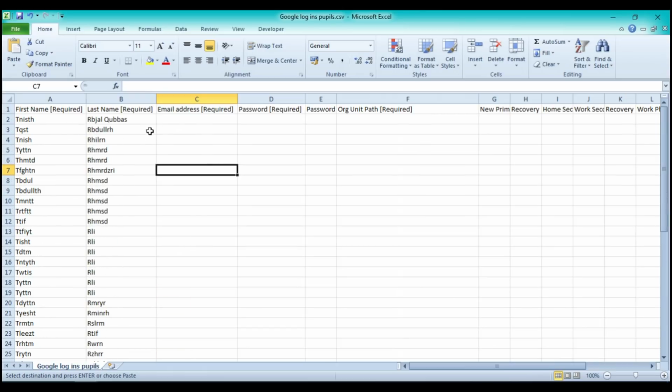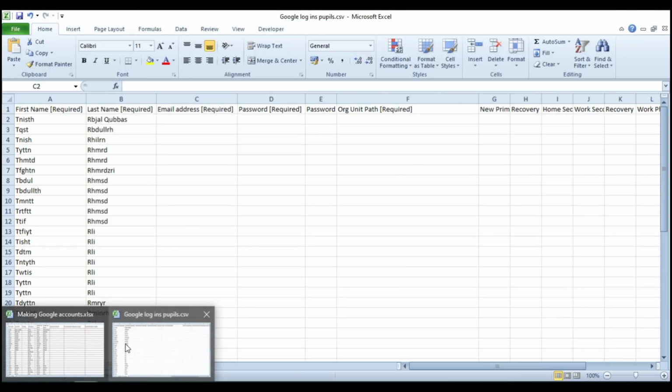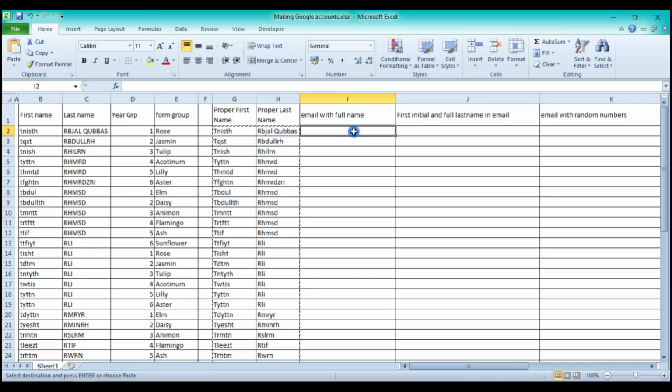Now we can move on to the email addresses. I have different scenarios here based on different circumstances or different policies that different organizations have. So we'll be working with different scenarios. So for example, if we just want the both names, first name and the last name, to appear as they are, we can use CONCATENATE as the Excel command,